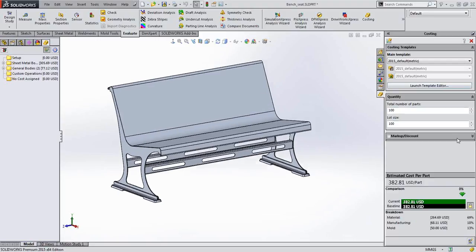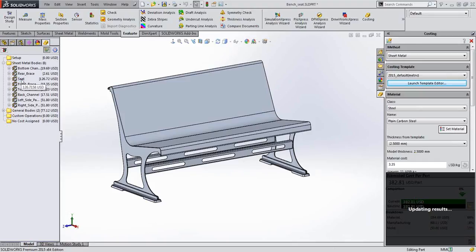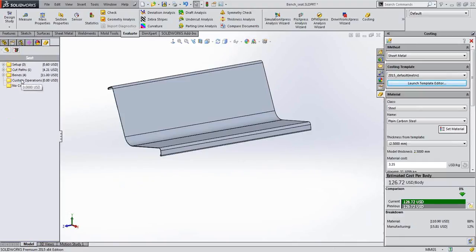So I'll set this as a baseline. Now, if I open this option, I'll double click on seat. I'll be able to see where and how my cost is applicable over here. You can see that my cost for setups has been defined. My cost for my cut path has also been defined, and also the cost for my bends have been defined